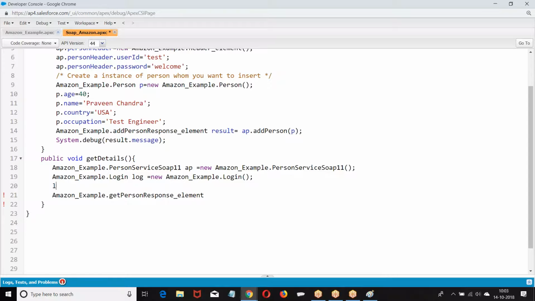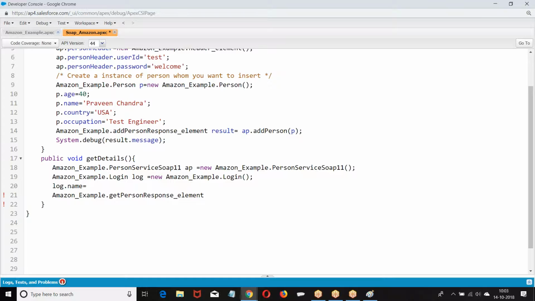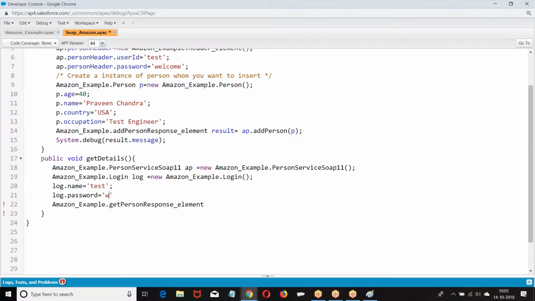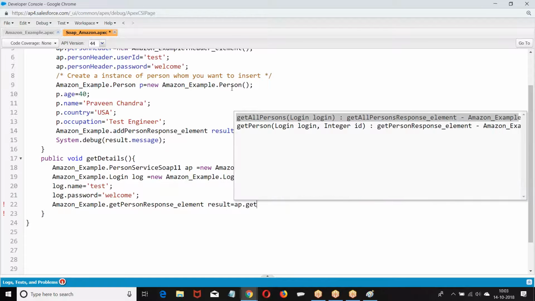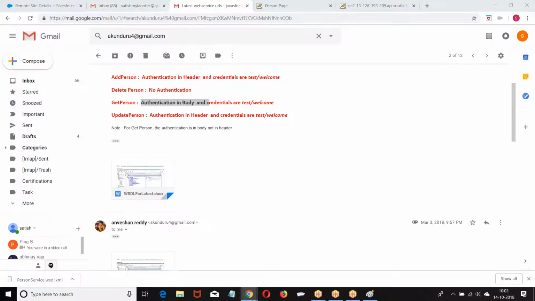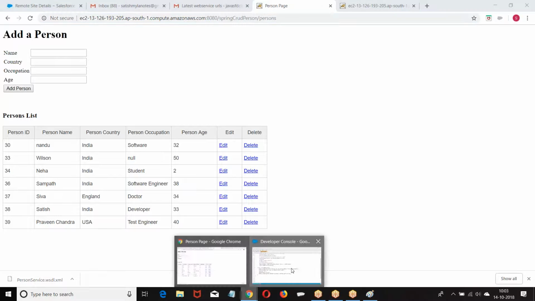Then log dot, they told name, log dot password, now they ask you to get, what was that? AP dot get person log and ID of the person. Which person I want? There is a 39 which we inserted.